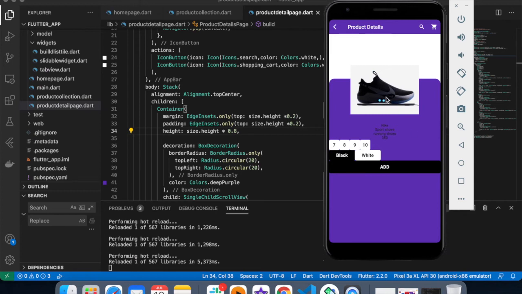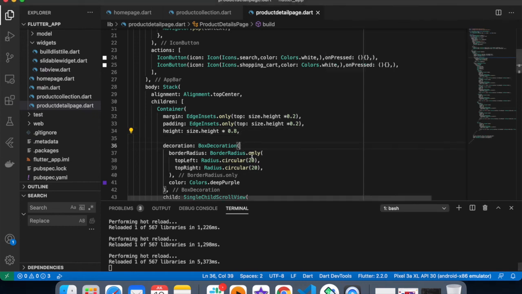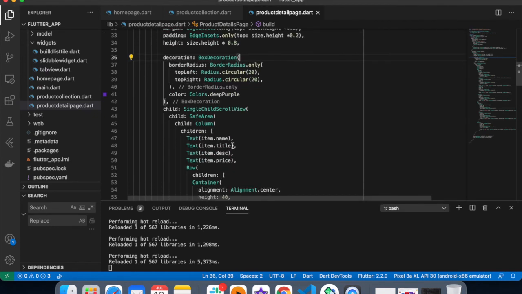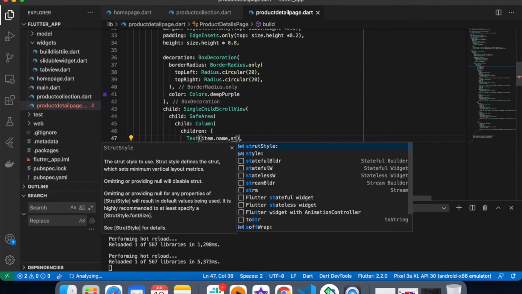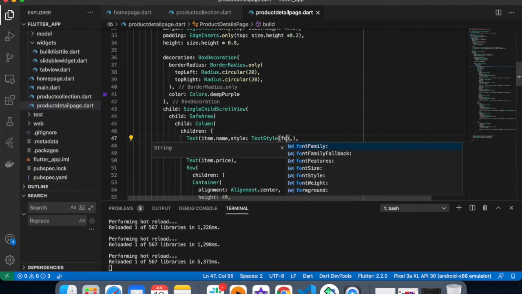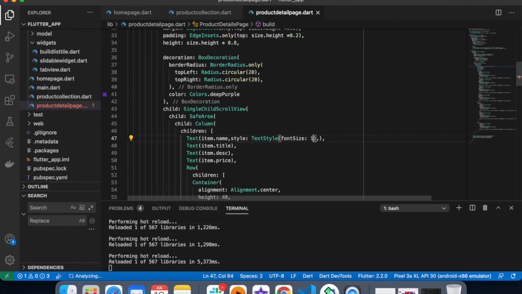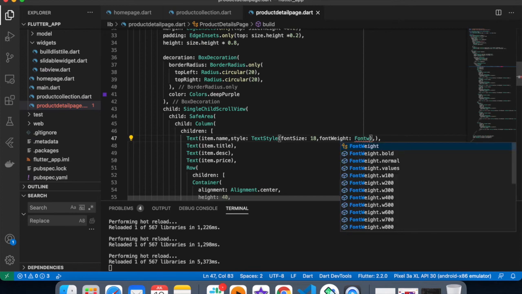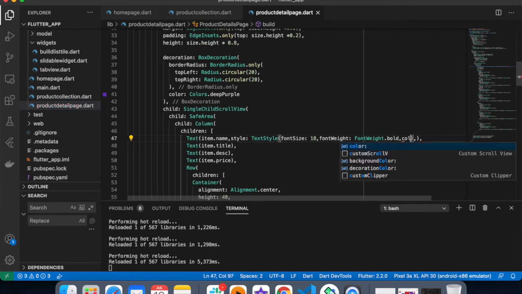So now let's do some design part to give some adjustment to this. Firstly, I'm going to give the style part, text style, font size will be 18, font weight equals to FontWeight.bold, and the color should be white.